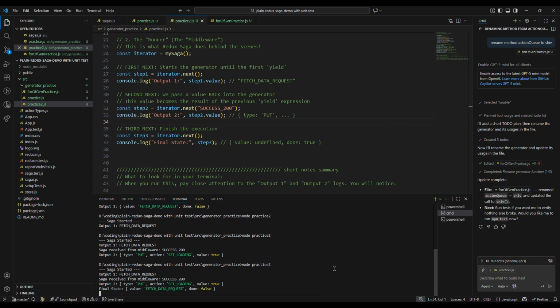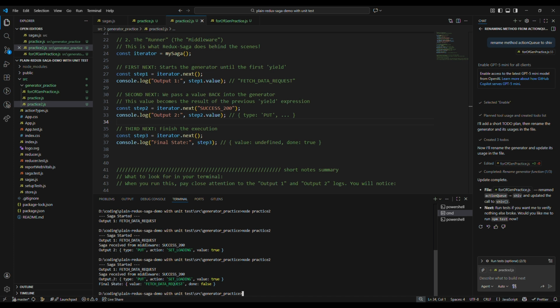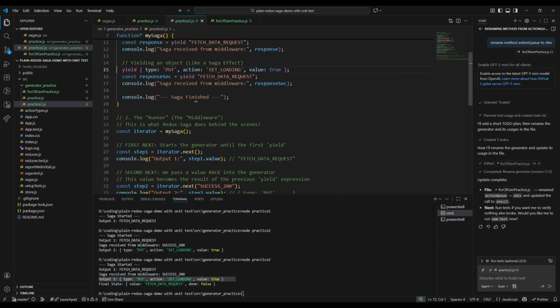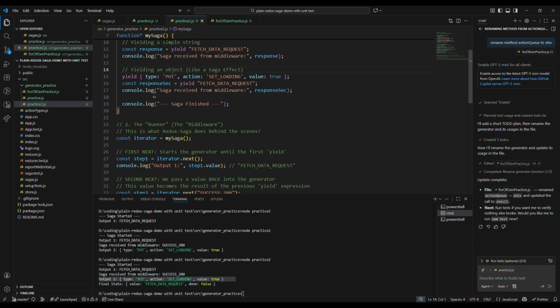Again run. See, first one from first yield, okay, and then after that when we have again called, that's why it is printing this line, and again this is getting called. Now this final state. So where is the final state? This final state, because we have called this next again, third time we have called next. That's why the third yield is being called,